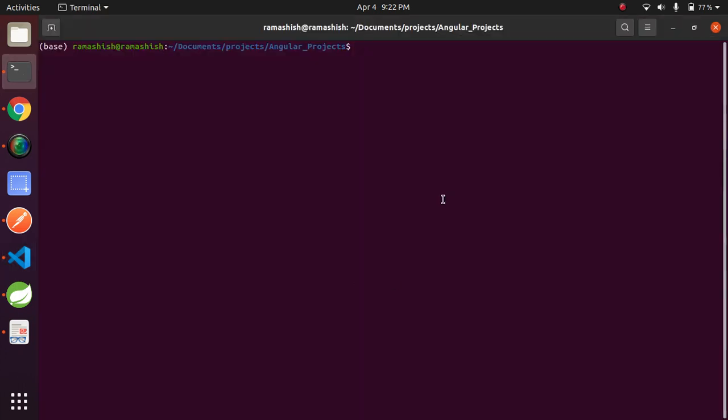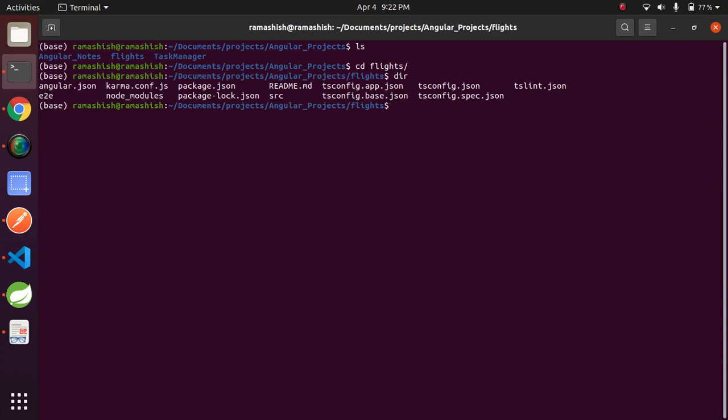Go to your terminal. Let's create components. I am going to create components parent and child in users.